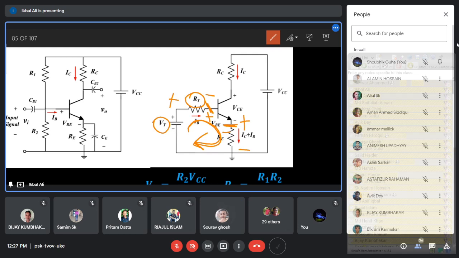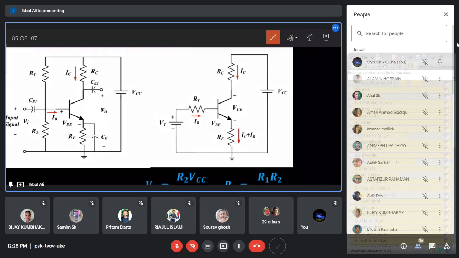Yes, sir. So you have three voltage drops: the voltage drop across RT, the Thevenin resistance; the voltage drop across RE, the emitter resistance; plus the voltage drop across the transistor base and emitter, because the base and emitter of the transistor are in this loop. Current has to travel through the base to the emitter. So all these voltage drops should be equal to VT, or minus VT, as your friend said, and that is your KVL equation for the input side loop.